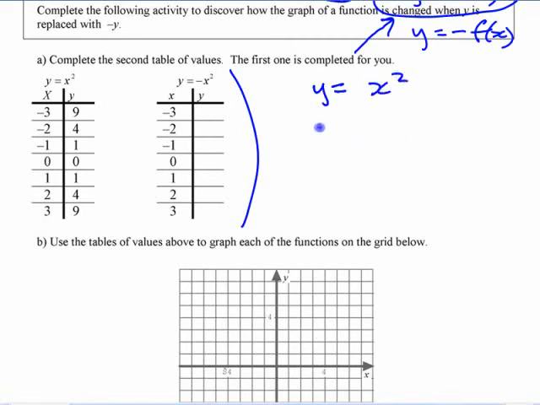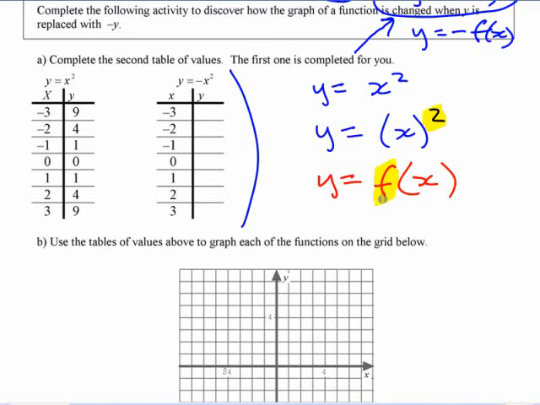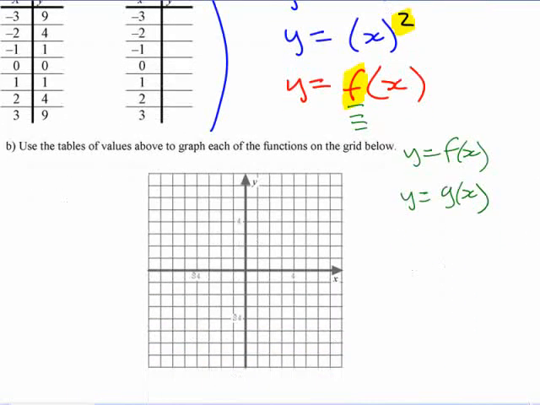X squared, you write like that, but you probably should think about it like this with brackets, because then there's clearly an inside and an outside of the function. If you didn't want to write that with a squared, you just wanted to talk about a function in general, instead of the something squared, you could just say, I'm going to call that f of x. And you're going to use the letter f to represent that. That's all that means. I'm not sure how comfortable you were with function notation when you first learned it, but when you say there's two functions, f of x and g of x, you're just using those letters to represent some collection or maybe a simple thing. The half circle that I showed you was y equals square root of 4 minus x squared. That's a lot of ugly stuff, all of this. You could just say, I'm going to use